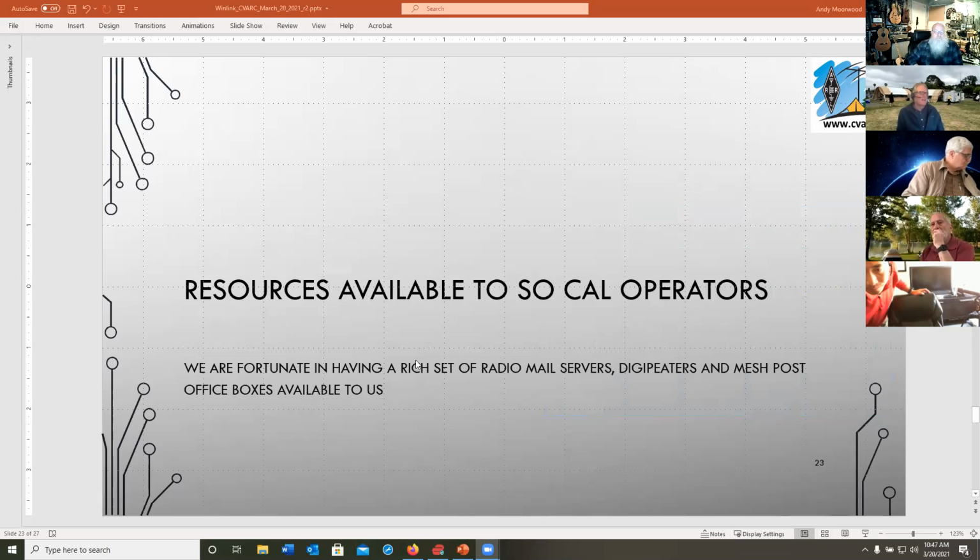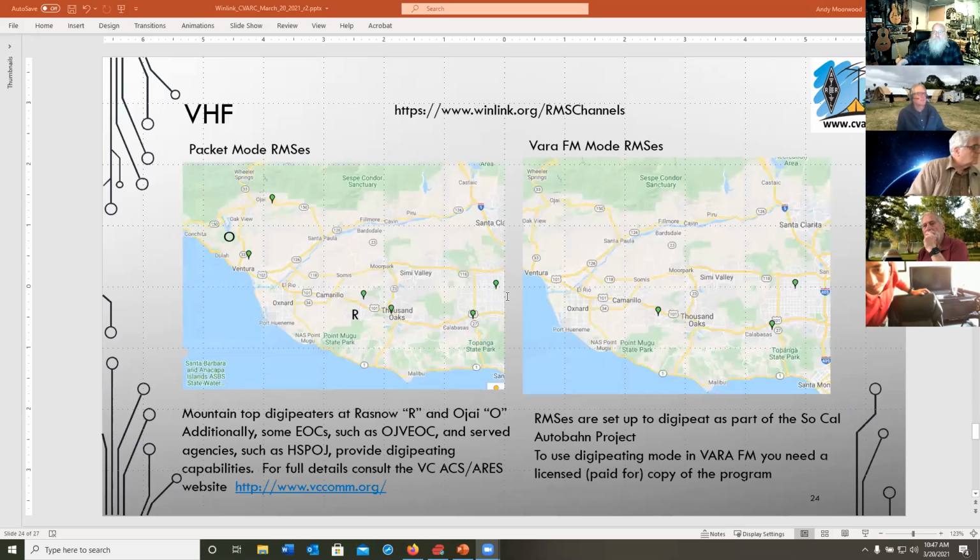So there's a lot of local capability as well as the remote capability through HF. So let's look at that. So here we are in the VHF. I've got this from the Winlink website. You can go and search for the different